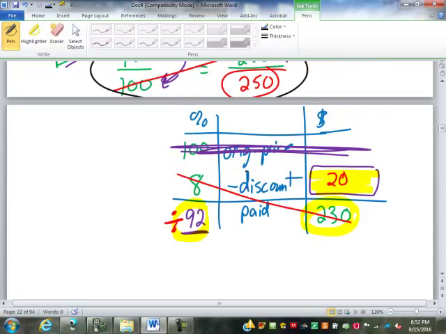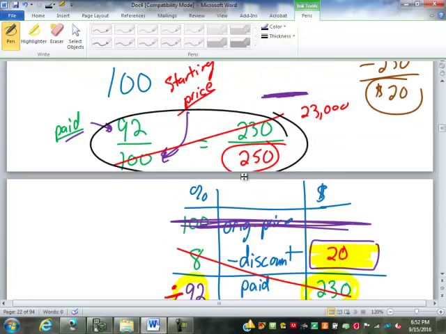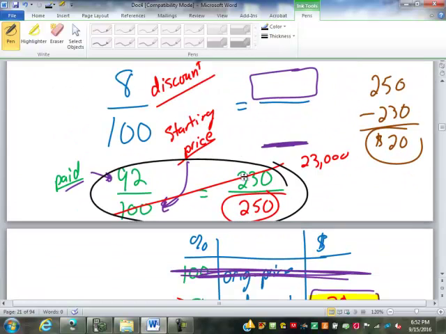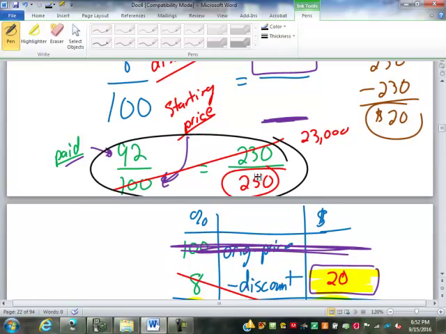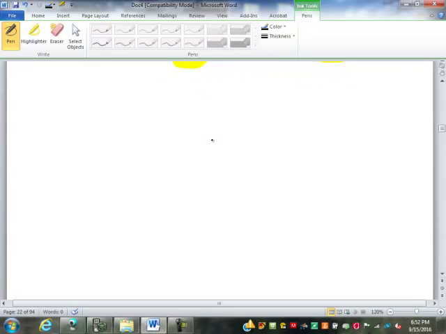Any of you have $20 as your answer for that? Is the amount saved? A couple of you? Okay. If you tried to find 8% of the 230, you would have ended up with something like $18.40, something like that. So you're off by $1.60. So anyway,